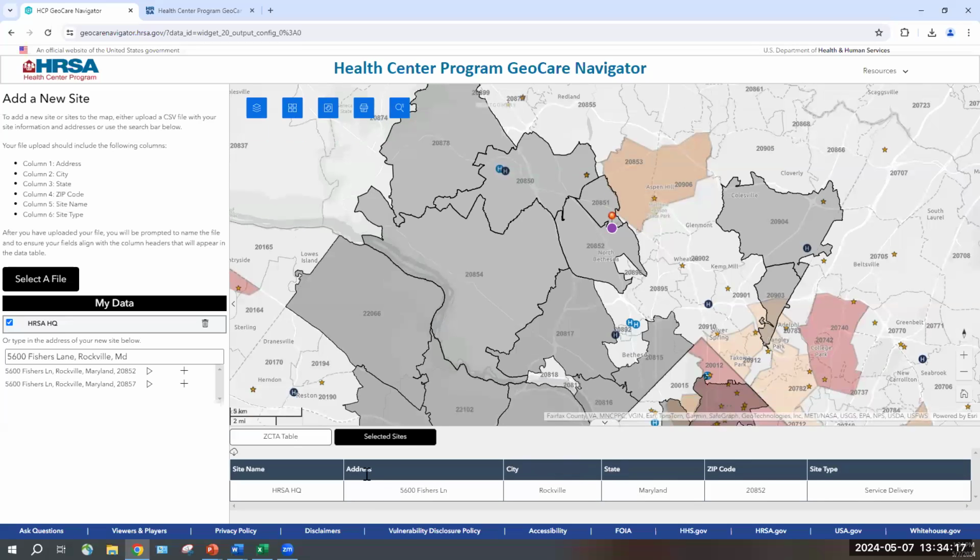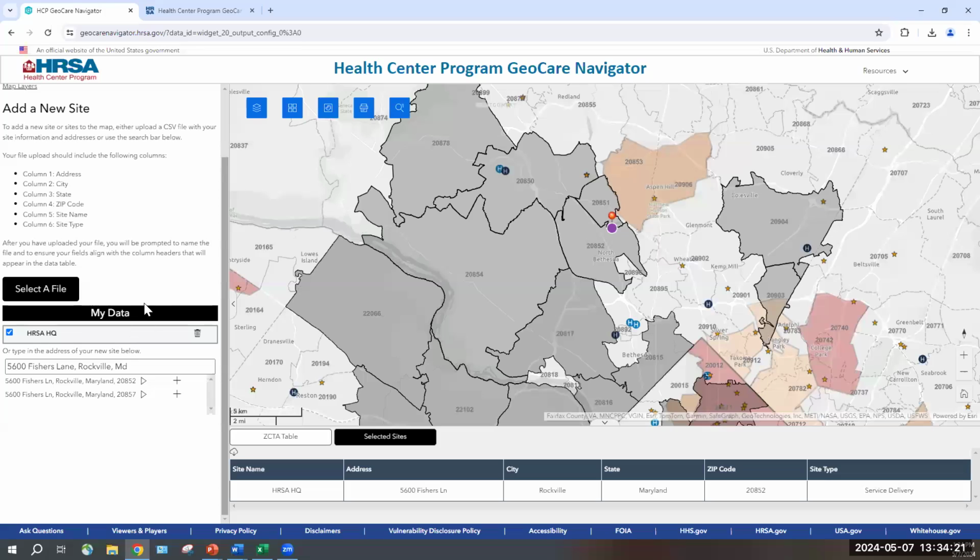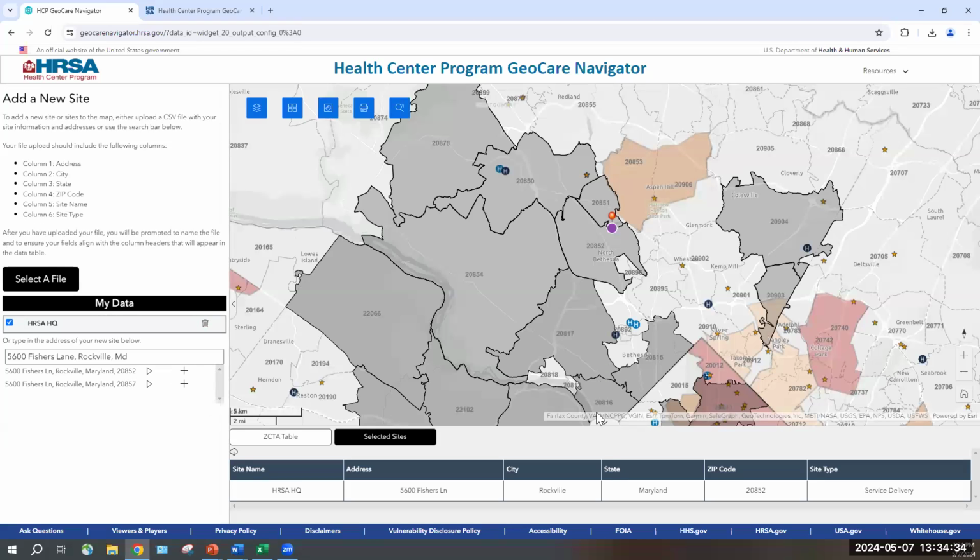So that is specific to the site that I'm adding by search. Again, for the file upload, I'll need to make those changes in the file itself. And if I wanted to remove this site, I could just hit this trash can icon here and it would remove the site. In this case, I'm going to keep this site on my map as part of my proposed